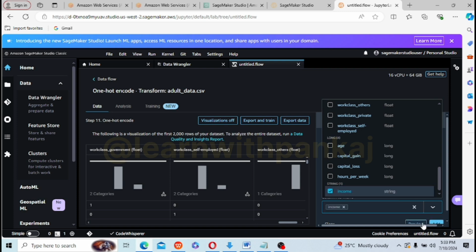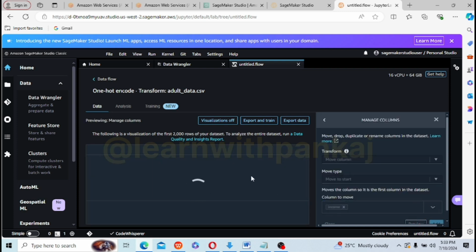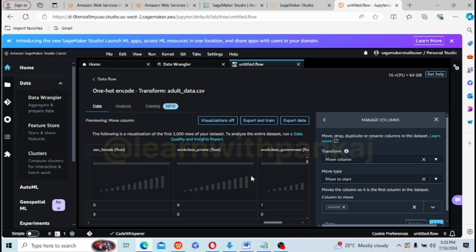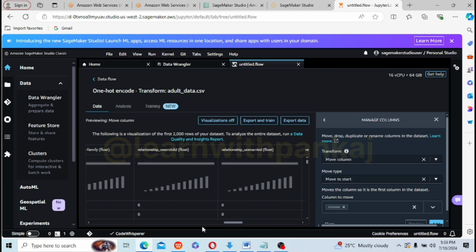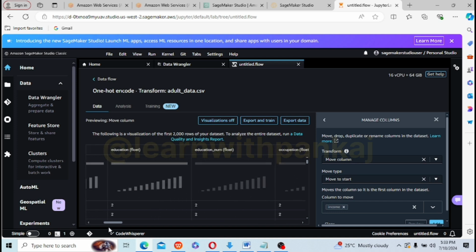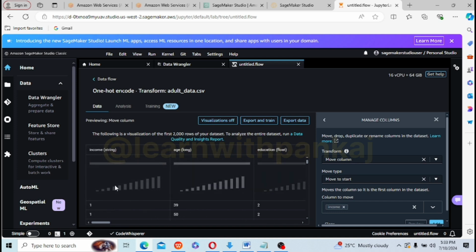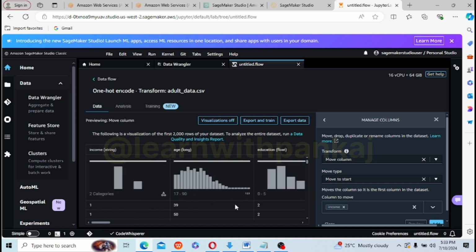Move this income column to the front. Now if you go to the front, you will see income has become the very first column.